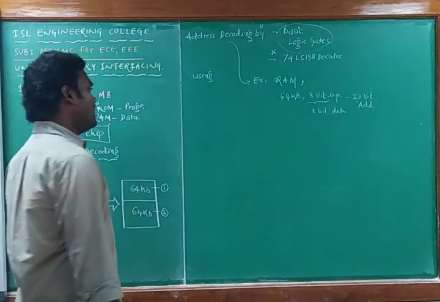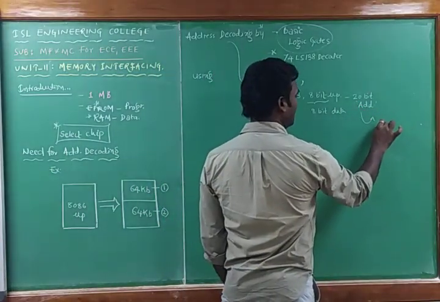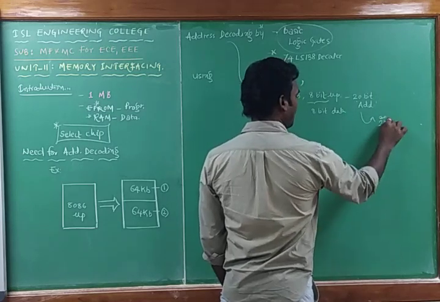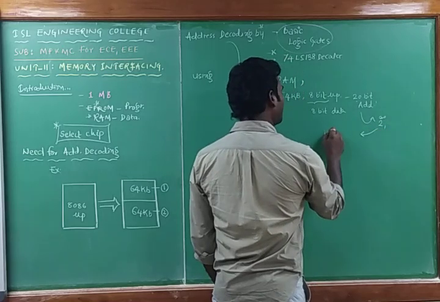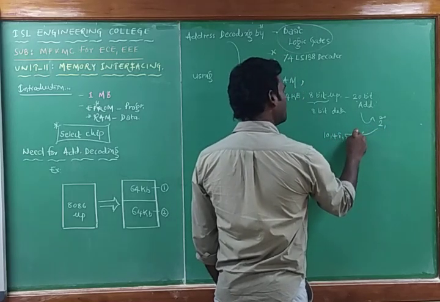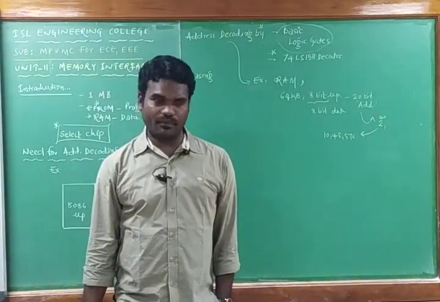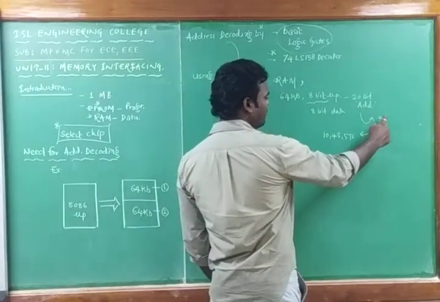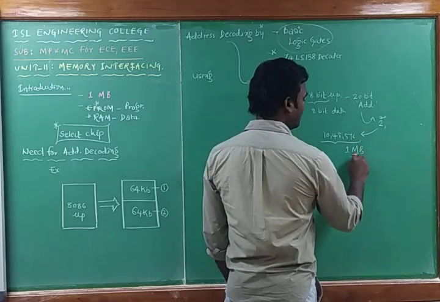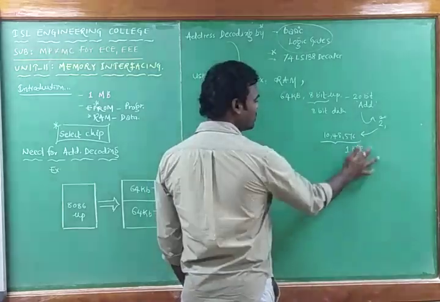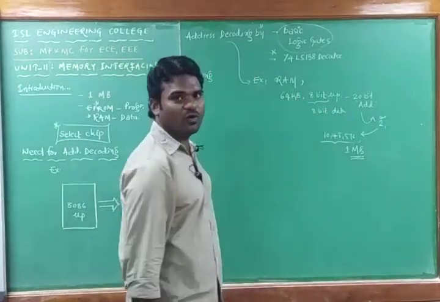Here a 20-bit address is there. Due to this 20-bit address, how many memory locations can we have? That is 10 lakhs, 10,48,576 memory locations. Each memory location is capable of holding 16 bits of data. This is 2 power of 20, about 1 megabyte of memory in total. But we don't require the total 1 megabyte. We require 64 kilobyte only.